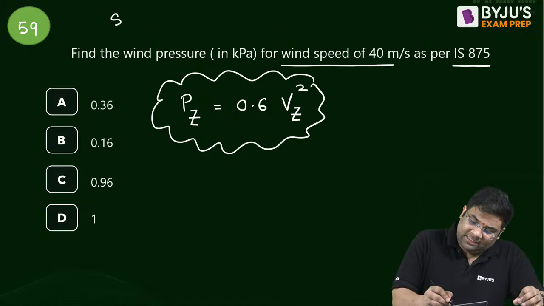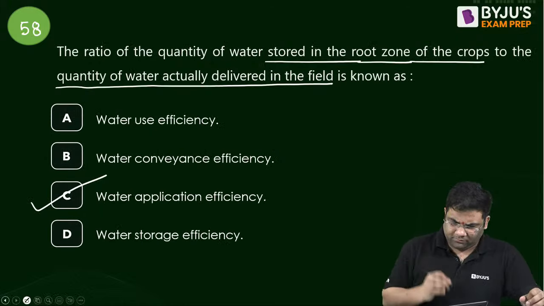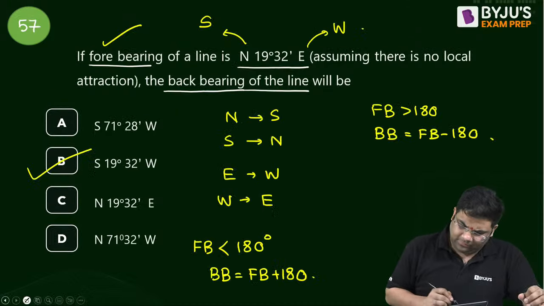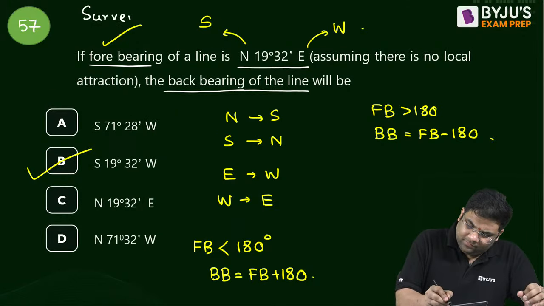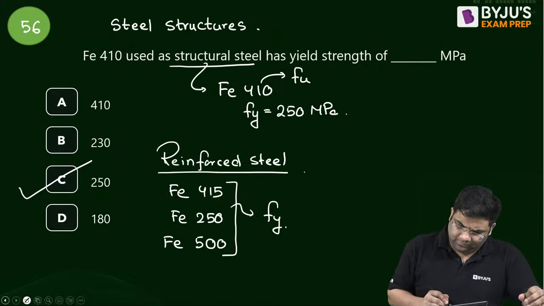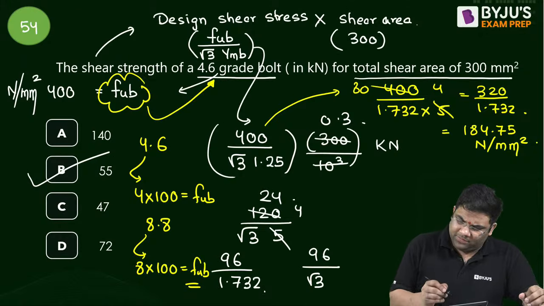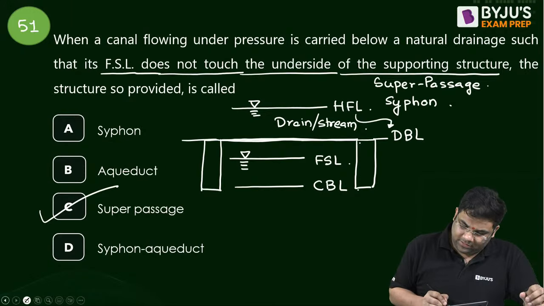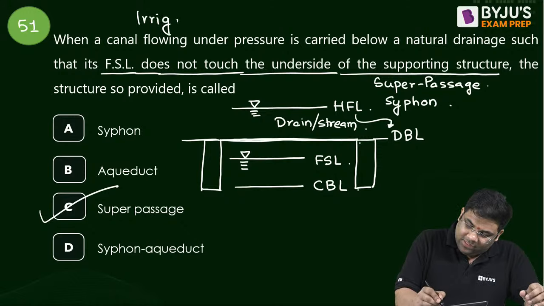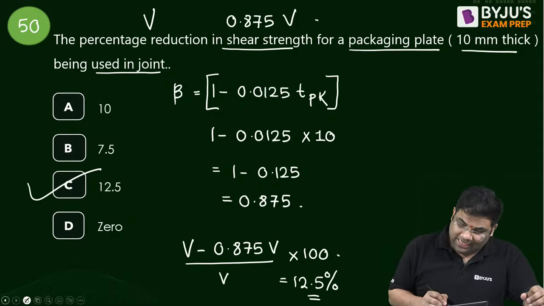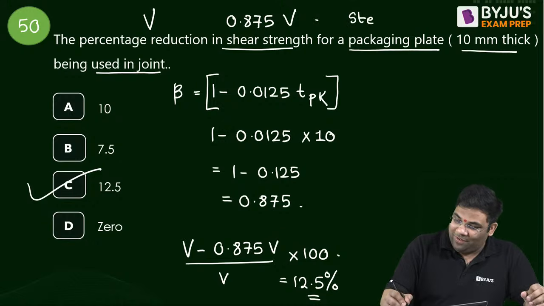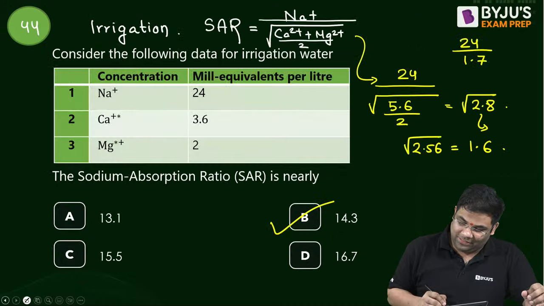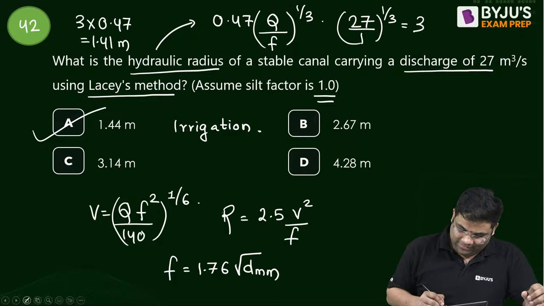Yes, and this I can say is from steel structures, because wind load. This is from irrigation. I'll just write down the names. Irrigation, just give me 1 minute. This is from surveying. Steel structures, surveying. Hydrology. After that, this is from irrigation. So that we can get an idea, when you see the whole video, you get an idea of the mixture of questions, how nicely they are mixed. Irrigation, surveying, hydrology, irrigation, surveying. Very good.